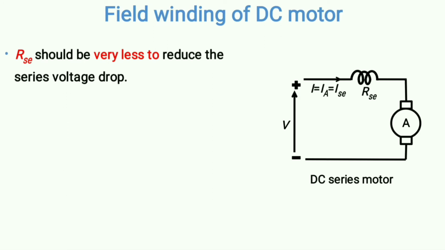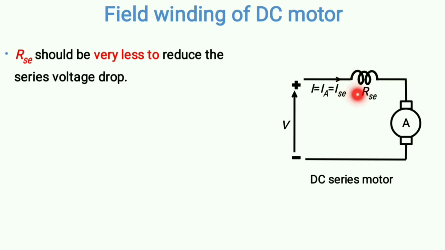So here the things are completely opposite. In case of DC shunt motor, your resistance should be very high, but here the resistance should be very less. Why? To reduce the series voltage drop. So see here, actually the resistance is connected in series. So definitely your resistance should be very less, otherwise what will happen, a huge voltage drop will take place